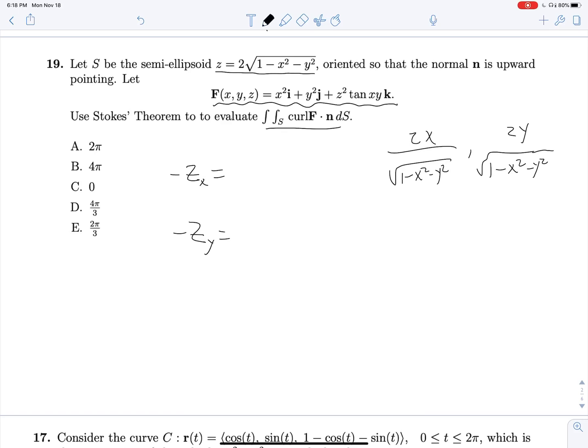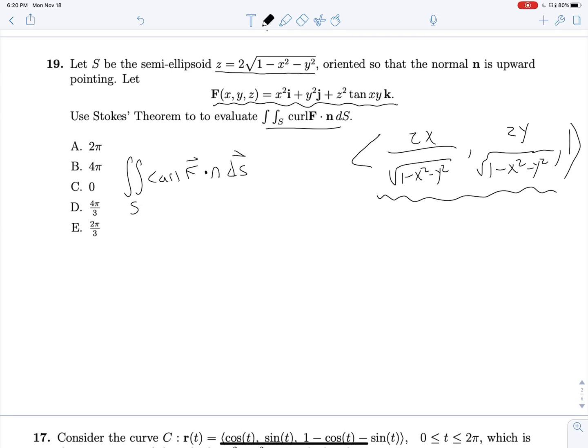And if I can avoid erasing everything else like I just did, there we go. So there's our normal vector, and that's looking a little bit scary. But in the end, it's actually not too bad. We've kind of gone down a rabbit hole by making our normal vector, because really what we can do to solve this much easier is to remember that our double integral over S of curl F dot n dS,